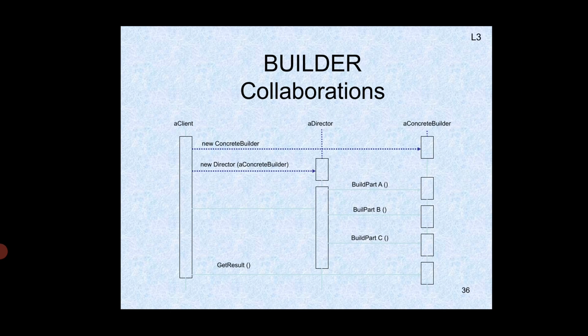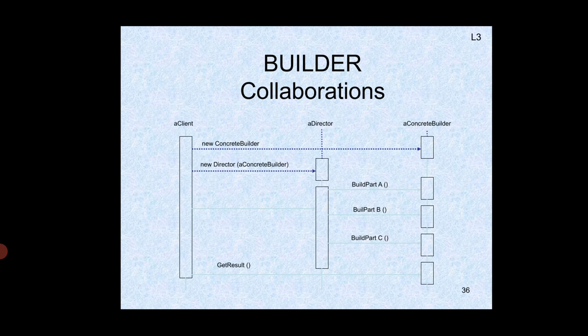This is the concept of consequences, three key points. We also need to look at implementation. There are three implementation points for the builder design pattern. The first key point is the assembly and construction interface. Builders construct their products in a step by step fashion. Therefore the builder class interface must be general enough to construct products for all kinds of concrete builders.